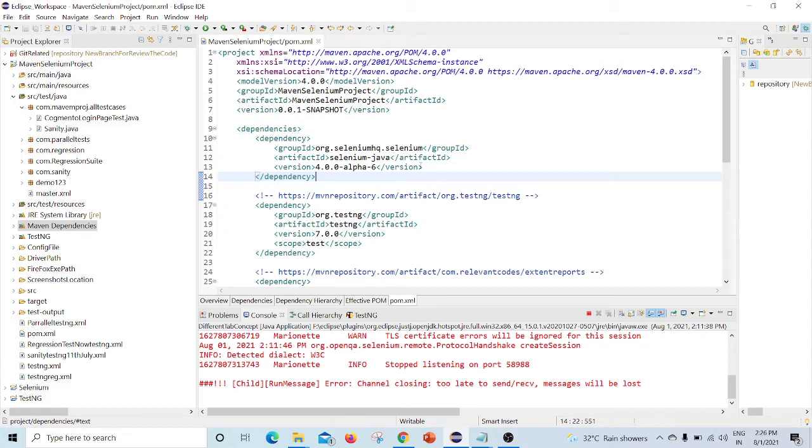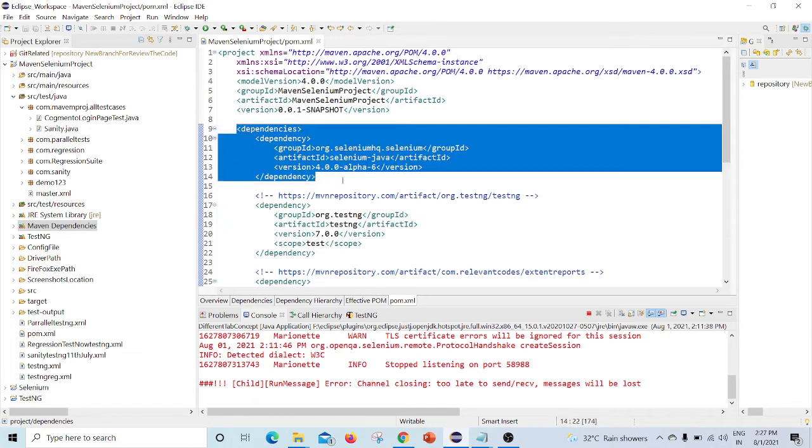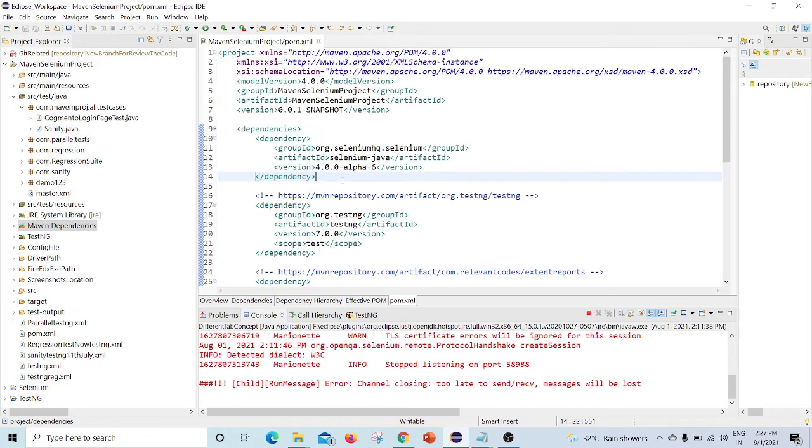First you have to copy the dependency from the Maven repository website and paste it under the pom.xml file, because this new window type feature has been added in the 4.0 version.